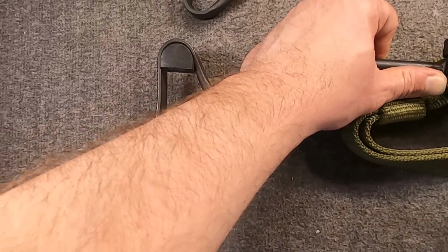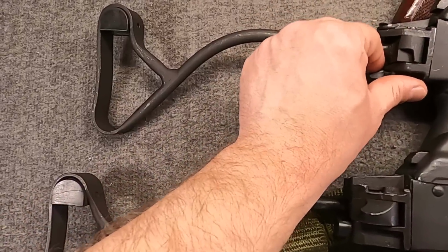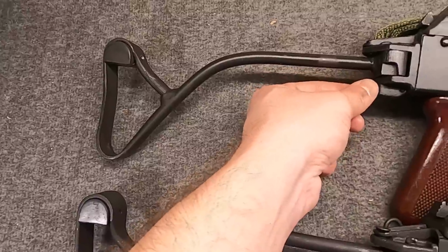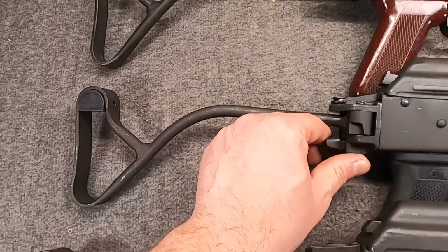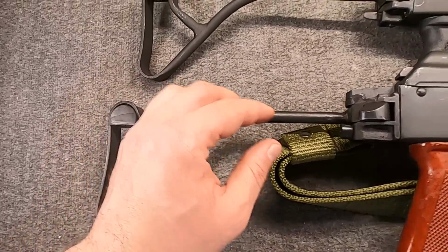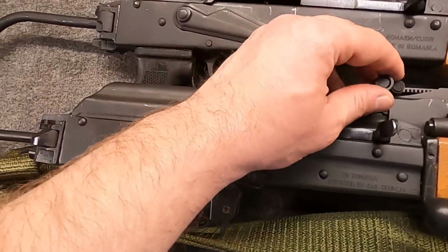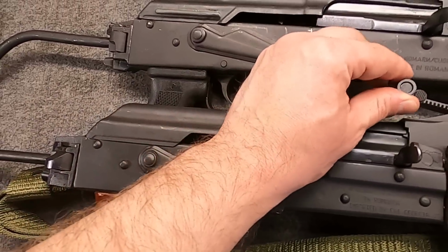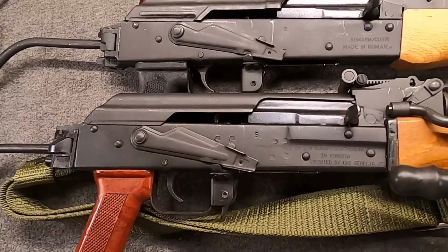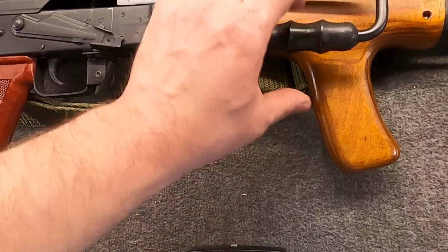There are benefits and detractions to each. This is more a style like what East Germany and Poland used, and this is pretty much Romanian through and through. Here's that RPK windage and elevation adjustable rear sight that, like I said, was on most RH-10s and M10s. And again, here's a dong foregrip if you're that one person in the world that hasn't seen one,